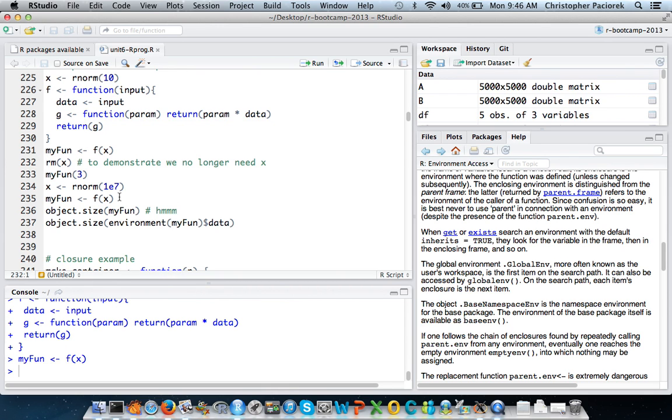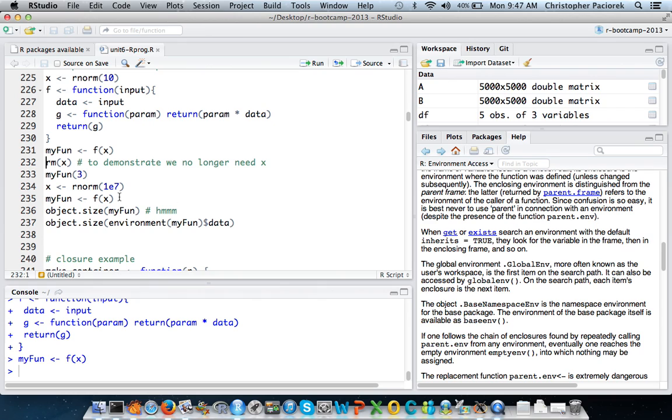Okay, so x, which is a random vector of 10 values, has gotten passed into f, and it's now in the enclosing environment of g. And as we saw a couple units ago, that enclosing environment gets preserved even though the function f finishes its execution. And so the object called data, which holds those 10 random values that are in x, is now going to be associated and carried along with this function g, or in other words,